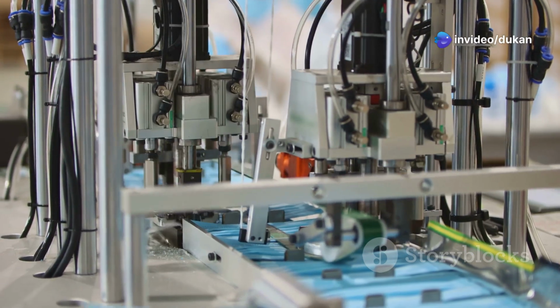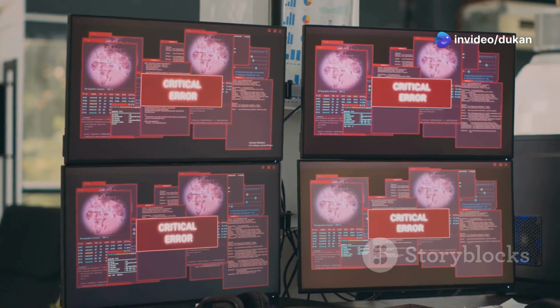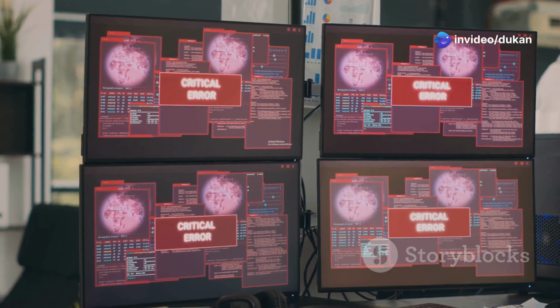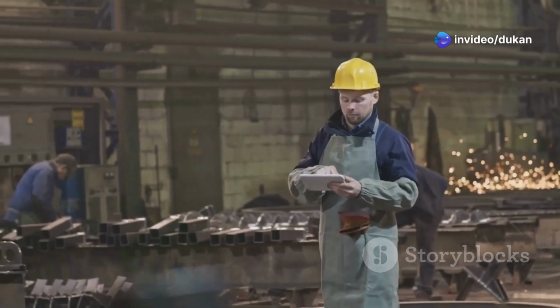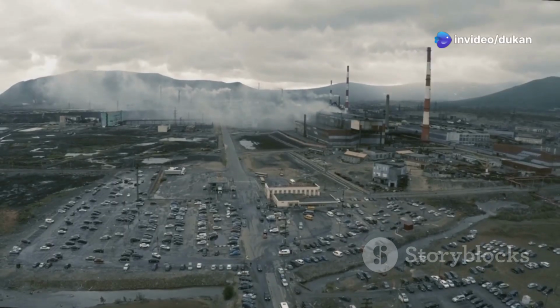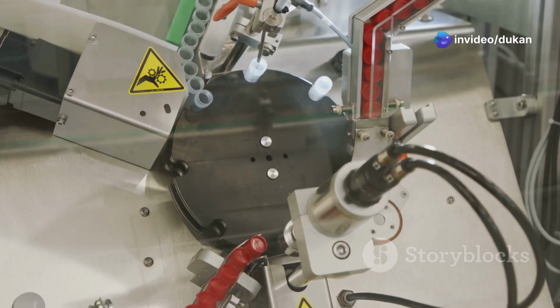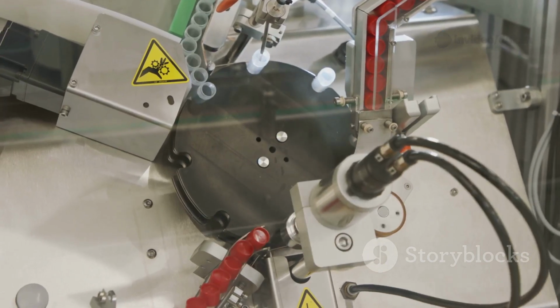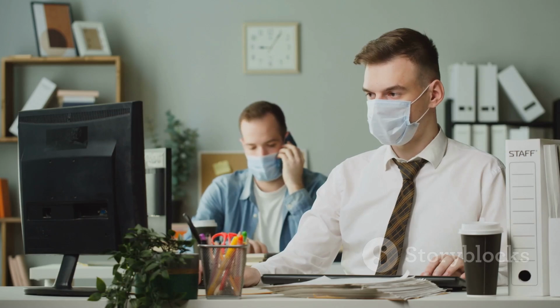The cell's resources are hijacked, producing new viruses instead of normal proteins. Soon, the cell is overwhelmed, its original functions lost. Eventually, the cell breaks down, releasing all the new viruses. These viruses then seek out other cells to infect. The process is like a factory taken over by an industrial spy, churning out only viral products. This is how the virus multiplies rapidly inside us. Our own cells become unwitting accomplices in the spread.